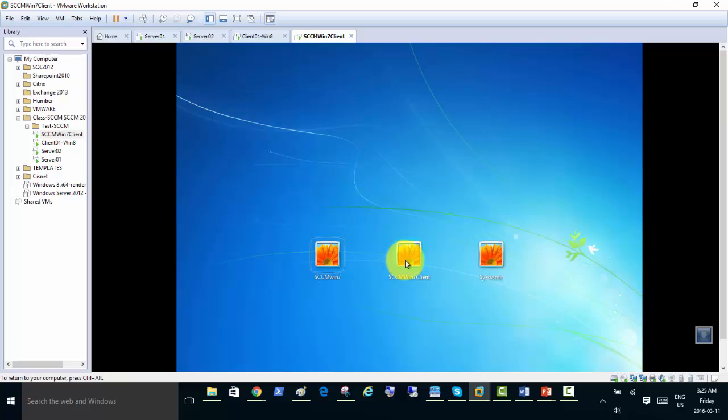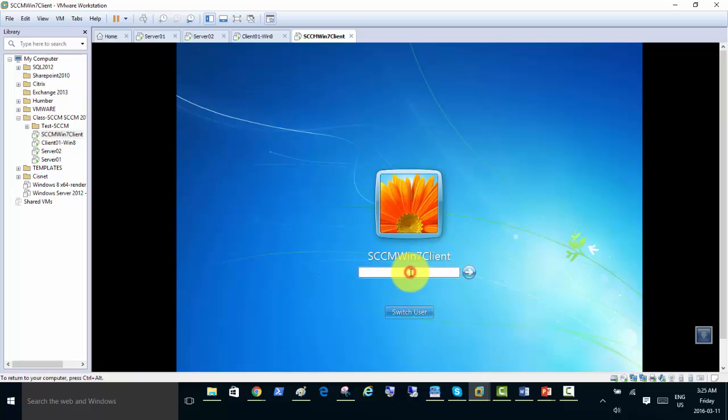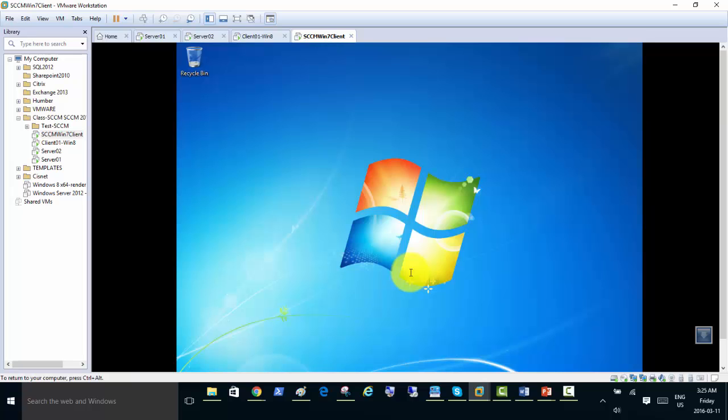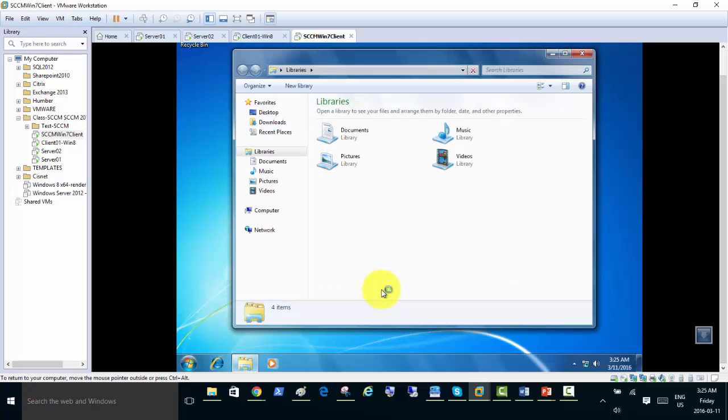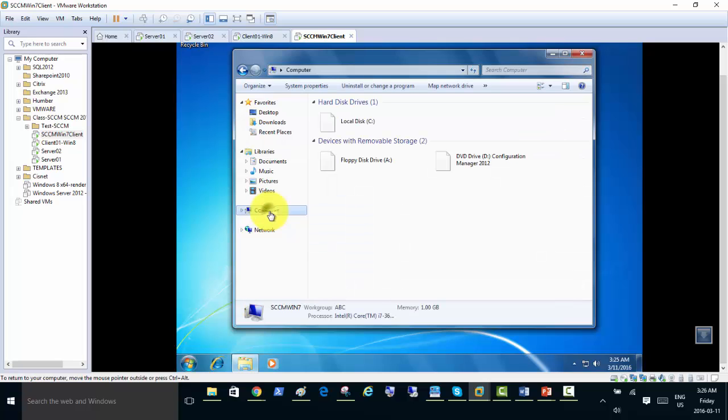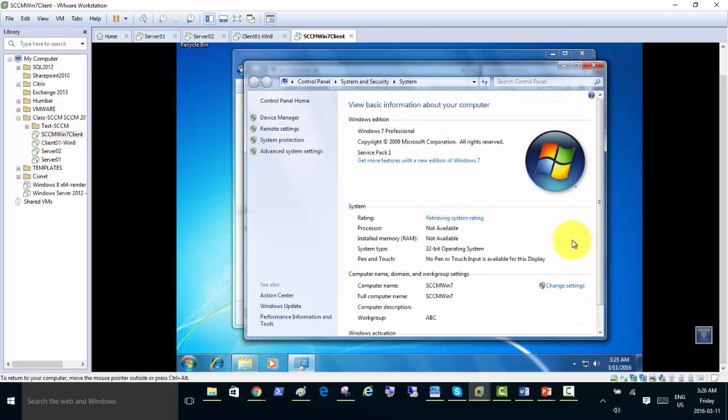One more thing about that Windows 7, it must be disjoined from the domain. Make sure that this machine is disjoined from the domain. It is not supposed to be joined to the domain, right? And since it started, let me just show you now. If you go to Windows Explorer, computer, right click, and properties, and it is change settings. If you could just go there, although it's just showing here already,